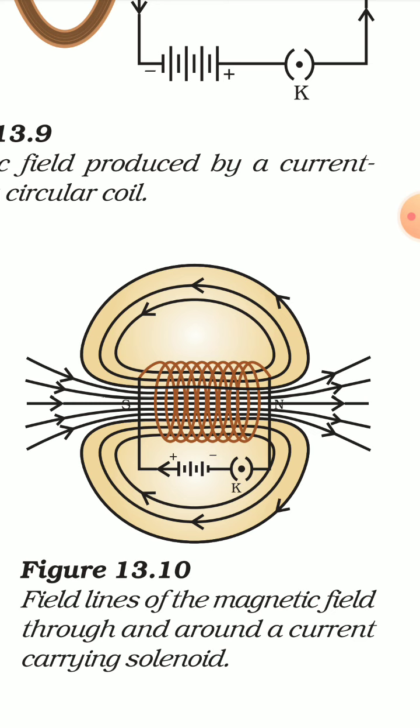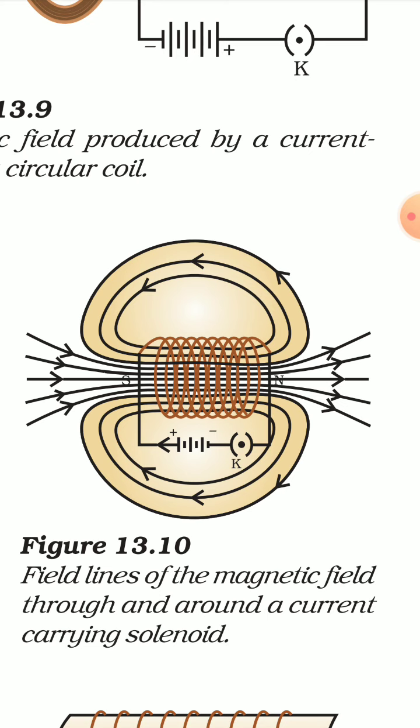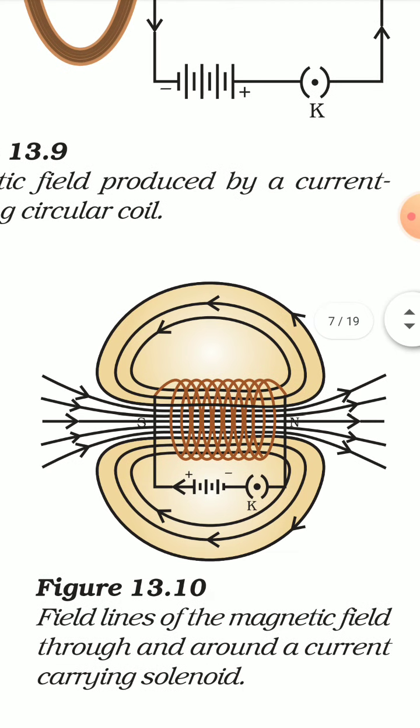Now you can see that we have put the solenoid in an electric circuit which is connected with a battery. You can see the battery over here, and you can see that the key is closed. You can see the direction of current flowing from the positive terminal to the negative terminal, and once the current starts flowing through the solenoid, you can see that there is a magnetic field. You can see those loops outside the solenoid, and these lines entering into the solenoid show the bigger loops of magnetic field formed around the solenoid. So this is the pattern.